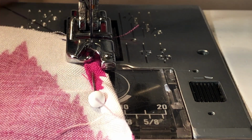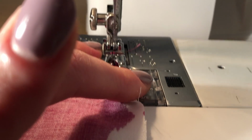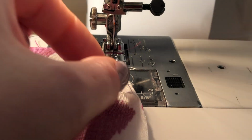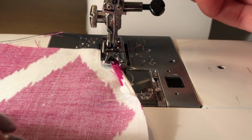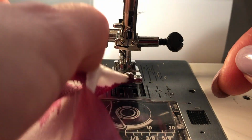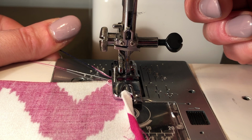I pop the needle down and then just take a couple of stitches back and forwards. So that's just secured. Then I'm going to leave the needle in and take out the pin, and then lift up the presser foot, and then I'm going to just hook this, which is folded once, hook that over there. So I'm hooking the fold into that coil at the front, lower down the presser foot,